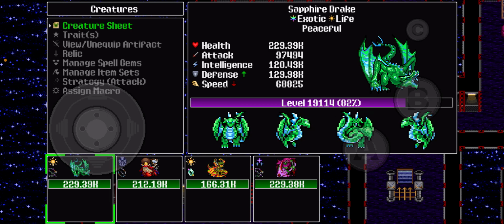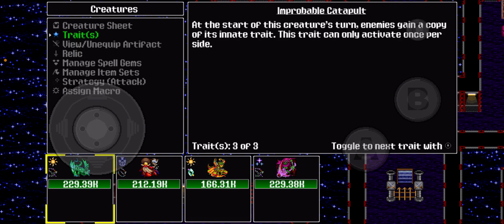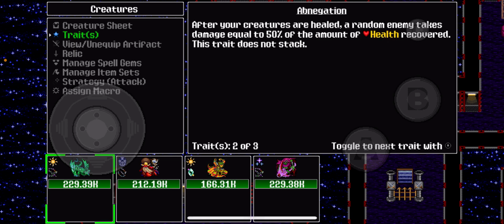So Sapphire Drake again has Healing Breath, which heals one of your creatures, or when it uses Improbable Catapult, makes each enemy heal an enemy for 150% of health. And for the Drake, after your creatures are healed, a random enemy takes damage equal to 50% of the amount of health recovered. So I do need to get the Corpse Crazed Leper out, which does have Final Excretion